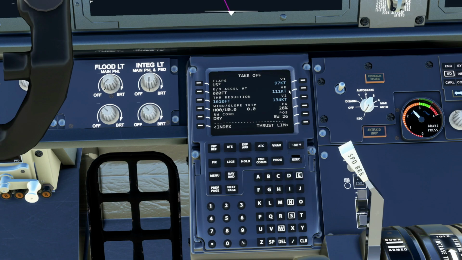So this would be the point of no return. We have to take off. This would be our takeoff speed. Alright, and then the next one would be